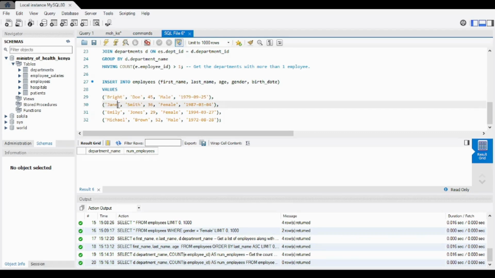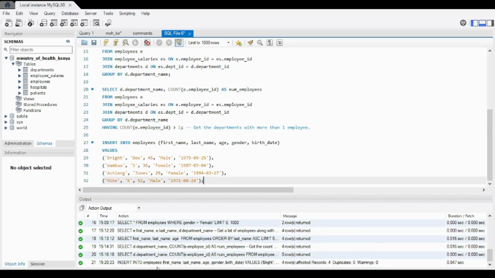Bright. This one is female, let's name them Wambua. This one, let's name them Aching. This one, let's just name them Mike. So this is going to be Mike K. Aching Jones, Wambua S, and Bright Do. So I'll just go ahead and execute that, and we've inserted, as you can see down here, we've inserted